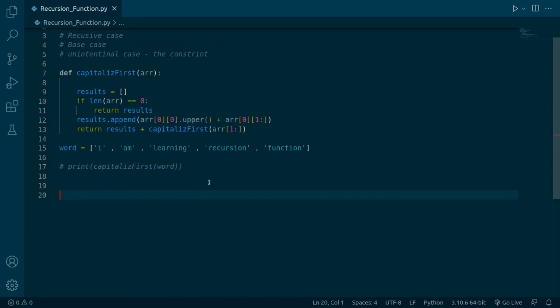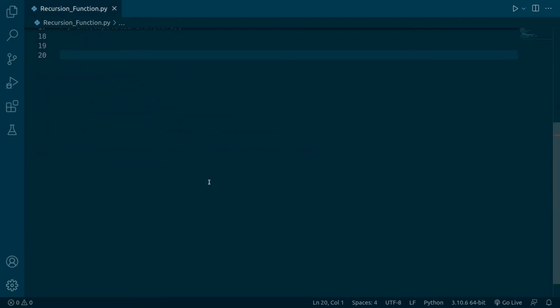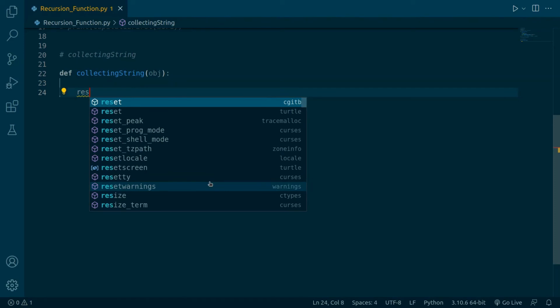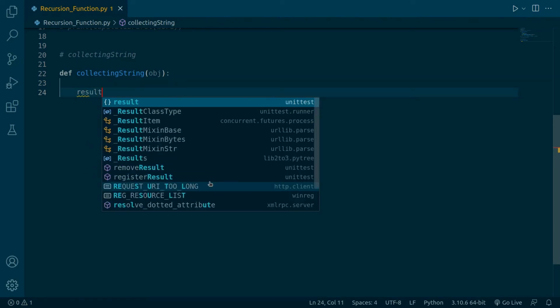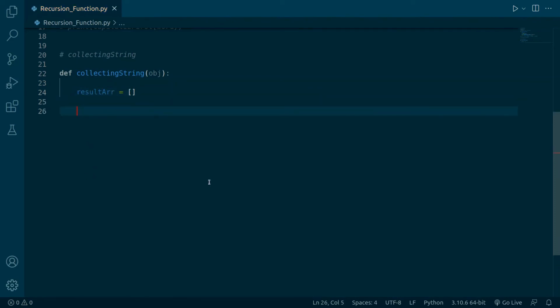another function by the name of collecting string. First, again we have a function by the name of collecting string. Inside of that we have one object. And first we have an empty list, a variable by the name of result array. Now